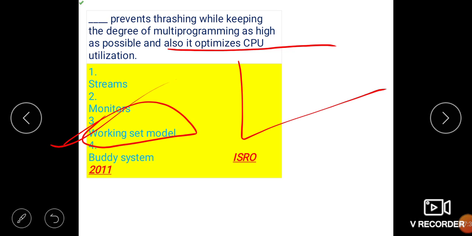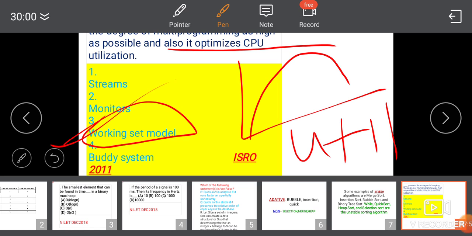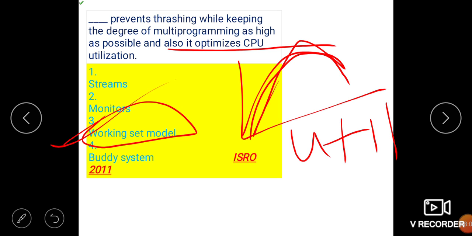Thrashing occurs when the system spends most of its time in page faults. At that time thrashing occurs. The diagram looks like this, and this is utilization; multiprogramming helps to perform the multiprogramming. So to overcome this thrashing problem, we use the working set model.